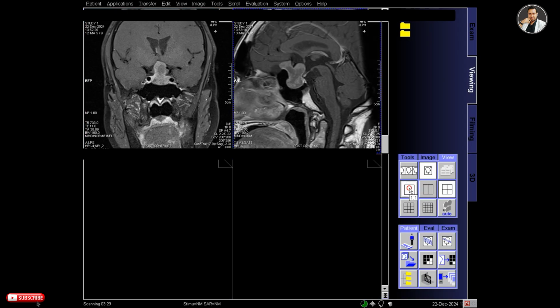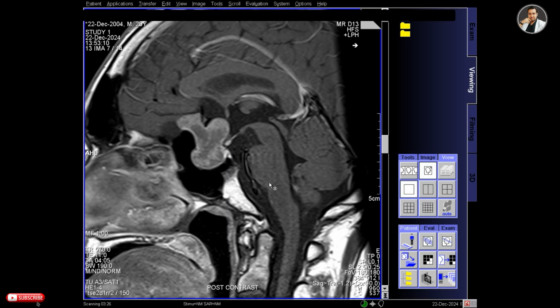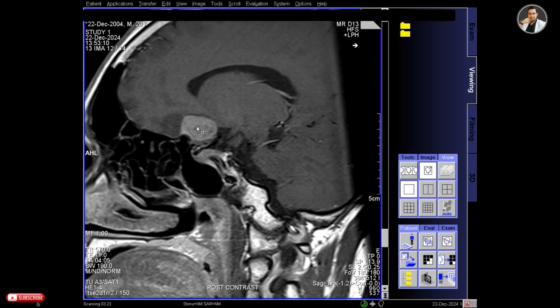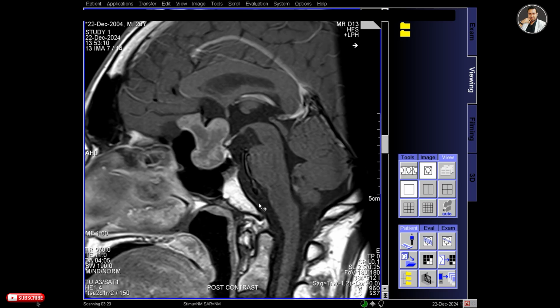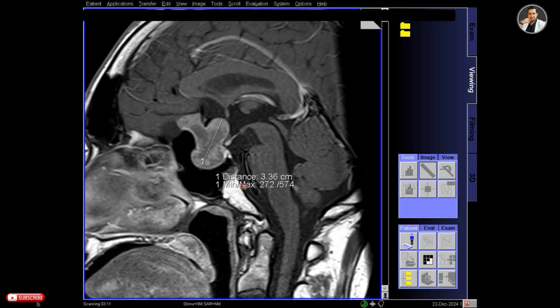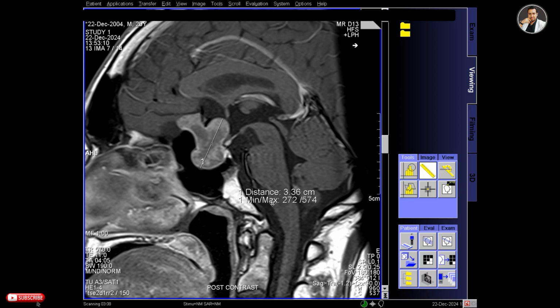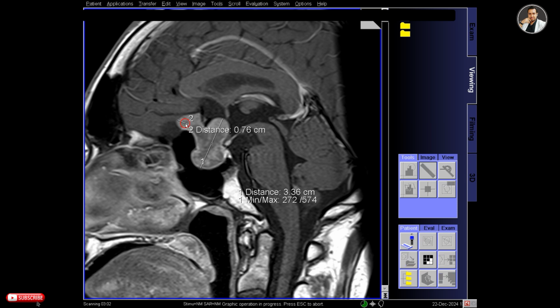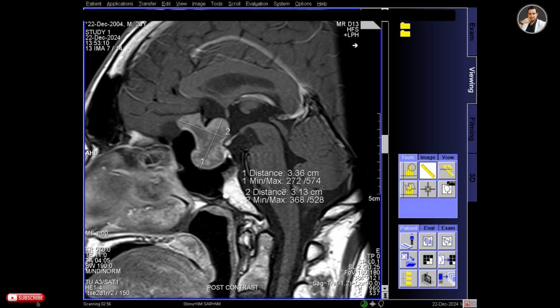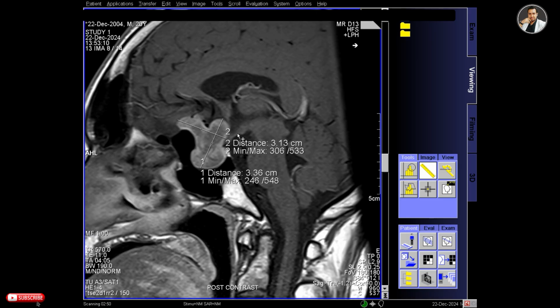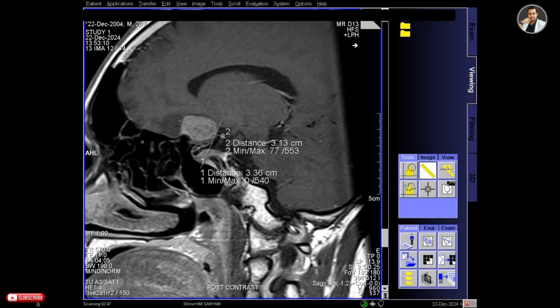And this is the T1 sagittal post-contrast. You can see that the pituitary macroadenoma is enhanced with the contrast, and this is a mixed enhancement. You can also see some isointense areas or hypointense areas inside the tumor. So you can also measure the tumor using the scale that I'm doing here. I'm measuring from the top to bottom and also from the right to left at the larger side of the tumor. You can see that all the images have the scale,